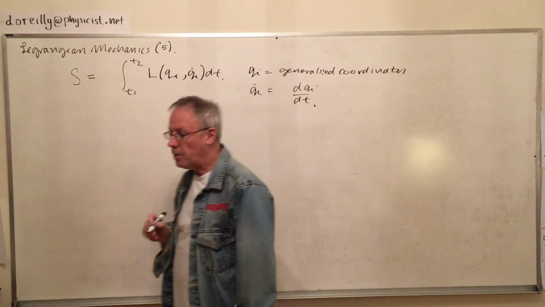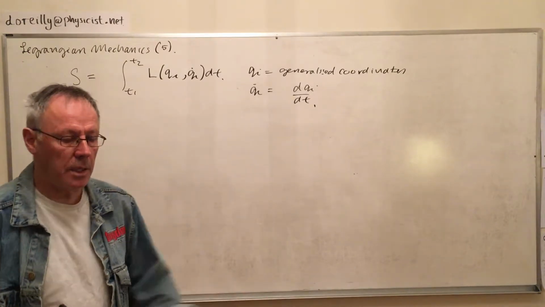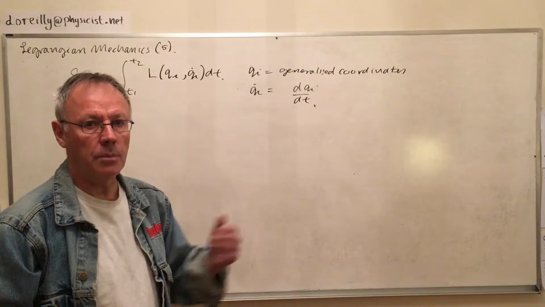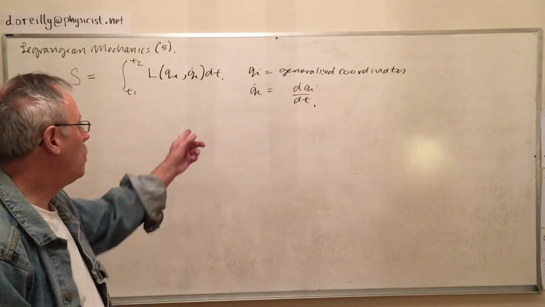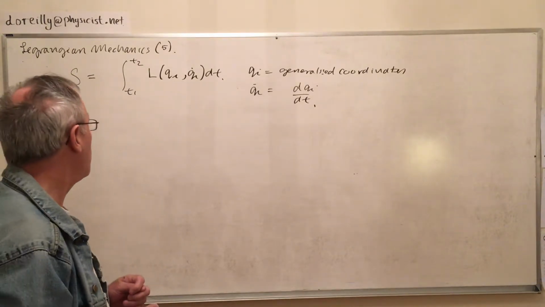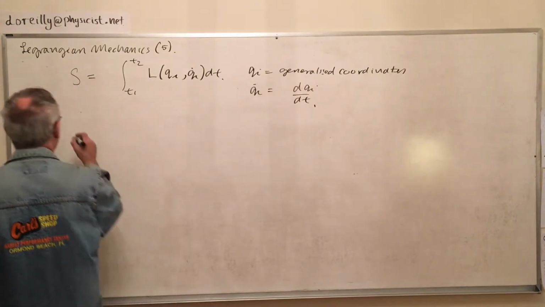And it's a function of the generalized coordinates qi. i could be anything. i goes from 1, 2, 3, depending on the number of degrees of freedom. qi dot are their derivatives, okay? Now this action